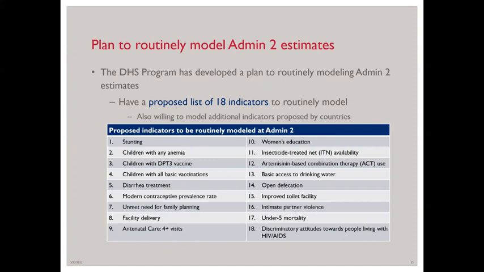So I will note here that while these indicators have been selected because they represent a range of topics and are thought to be useful topics to have for subnational monitoring over time, this list may be refined during conversations with partners. Additionally, we plan to have conversations with countries during the survey planning process where we will discuss the feasibility of any additional indicator requests. So this list may be refined or expanded depending on a country's particular interest in the subnational estimates.